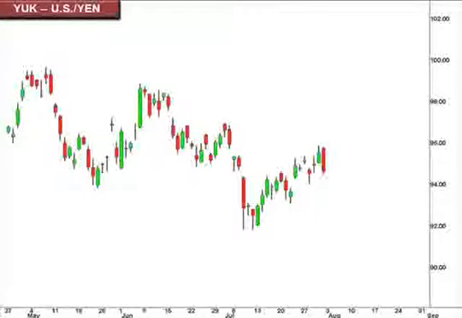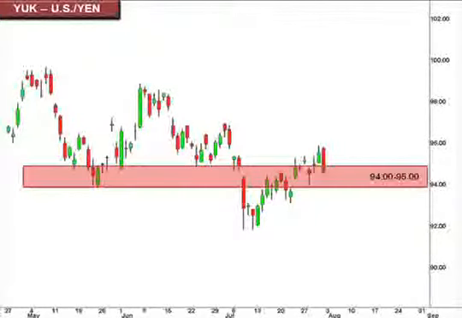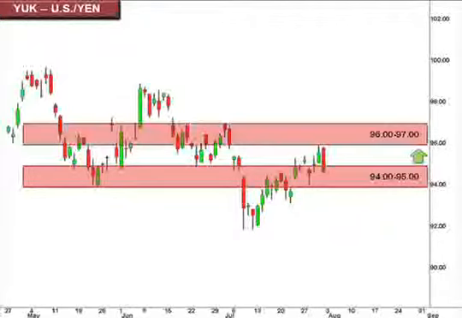Well, the YUK extended into our 96 target before completely reversing, suggesting some weakness in the US dollar against the yen. If the 94.95 zone holds, we may see a second test of 96. However, at this point, the break below 94 is likely to yield a test of our